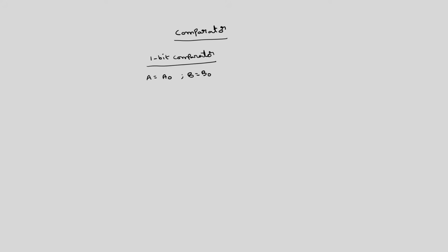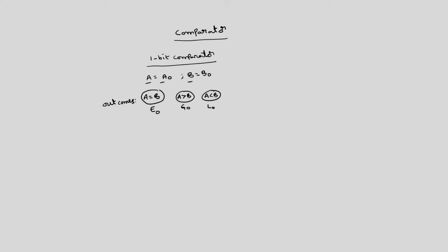one bit. A comparator is a logical circuit which compares the two numbers, and the outcome of this comparator is 3 outputs. What are the 3 outputs? One is equal, another is greater, the third one is less. If I compare this A and B, what are the possibilities? A can be equal to B, I will call this E0 because I am using only 0. A can be greater than B, I will call this G0. A can be less than B, this is L0. These are the outcomes of a comparator operation.